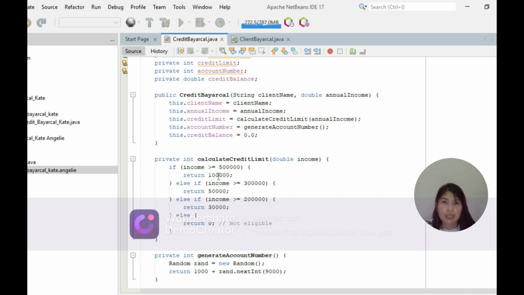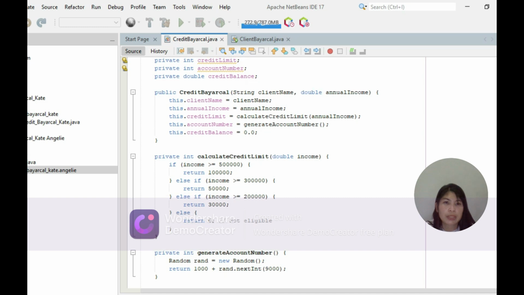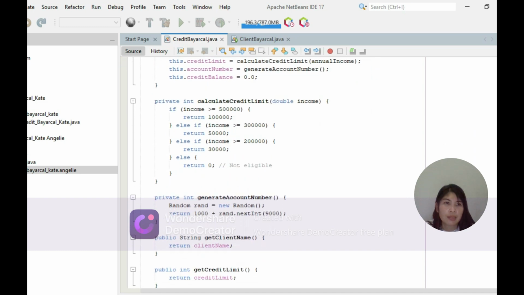And then the private int calculateCreditLimit(double income), then the bracket. So if the income is less than 500,000, it will return the credit limit of 100,000.